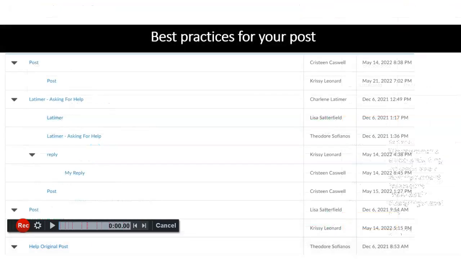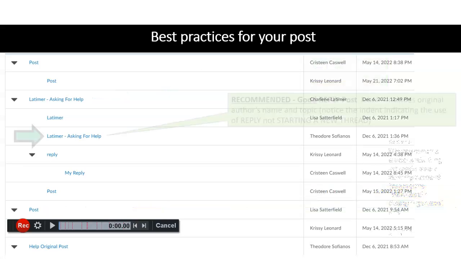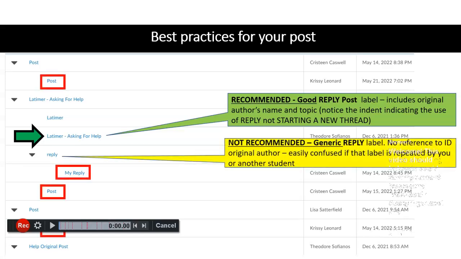Another common error is not following the directions required for all discussions in this course: responding to two different classmates' original posts, not a reply to their post from another student. The point is to have a conversation with more than one person on a variety of topics. Label your post with meaningful information. It's helpful to have your last name and the topic so the reader knows who posted and the subject. Review these recommended examples and their explanations, along with the examples that are not as helpful.